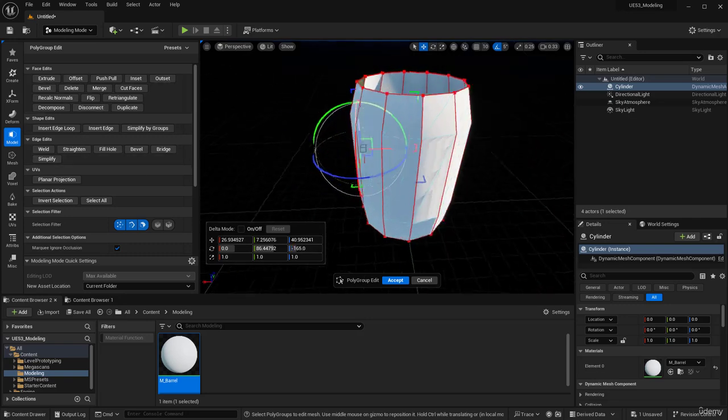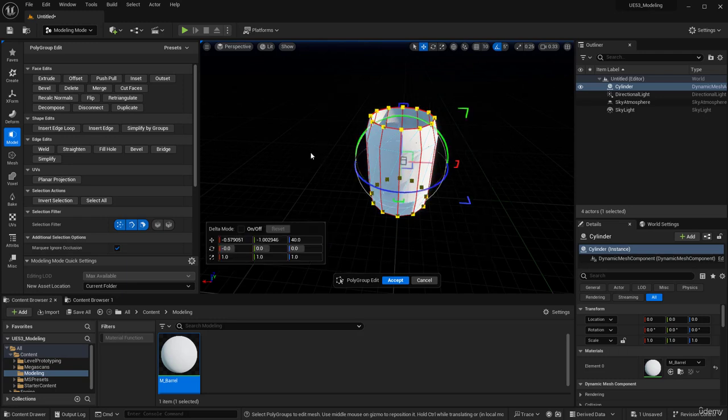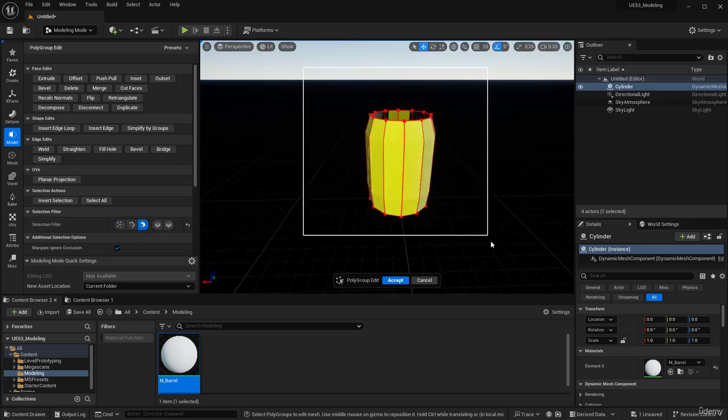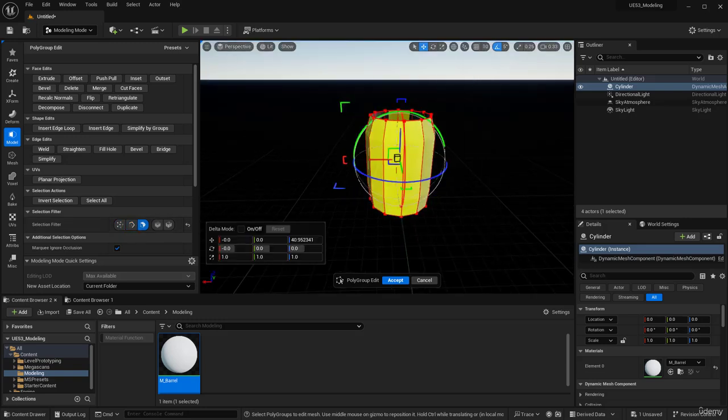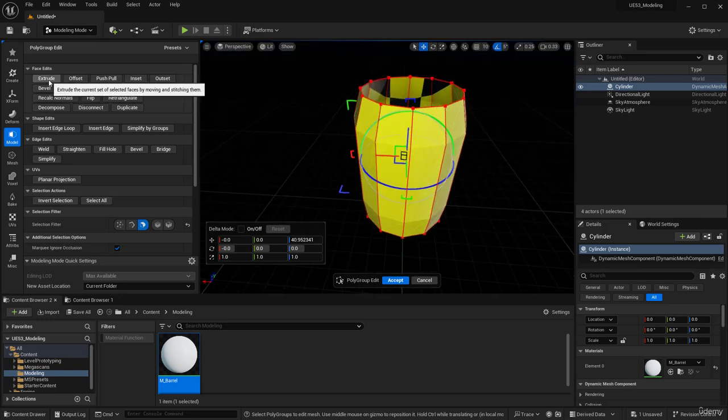And here we have them. So now I can select all of them, all the faces. As you see, the priority is for the selection of the vertices. So let's go ahead and click on that and on the edge. And now if I select, I can select just the faces or the polygroups. And now you can extrude them,